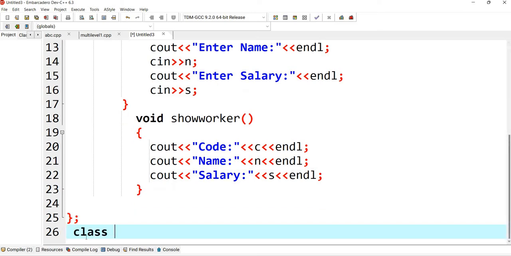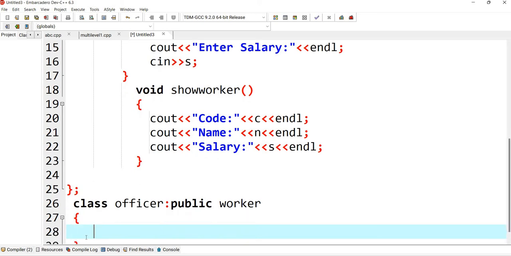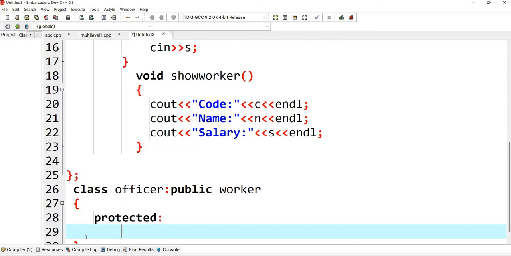Now we'll have the derived class officer. Officer will inherit data from the class worker, so I'll write public worker. Within this, again I'll use the protected modifier, float.